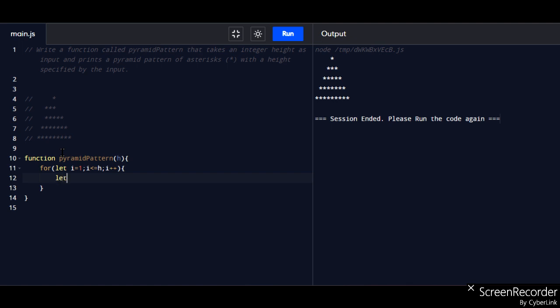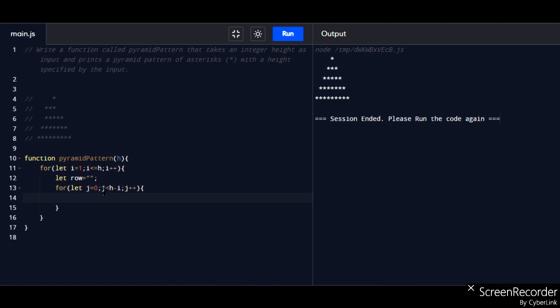Then we have to take let row equal to, here we give a little bit of space, let row equal to space, and then we have to take another nested loop, that is let j equal to 0, j less than h minus i, j plus plus.